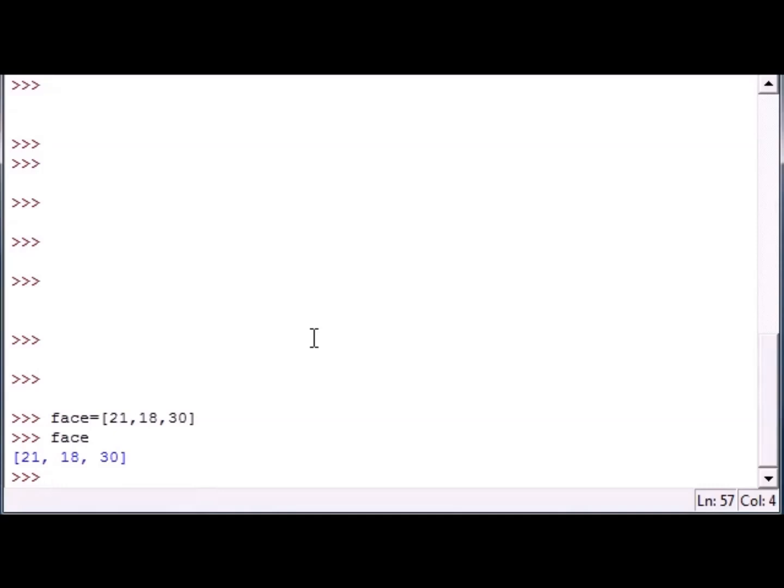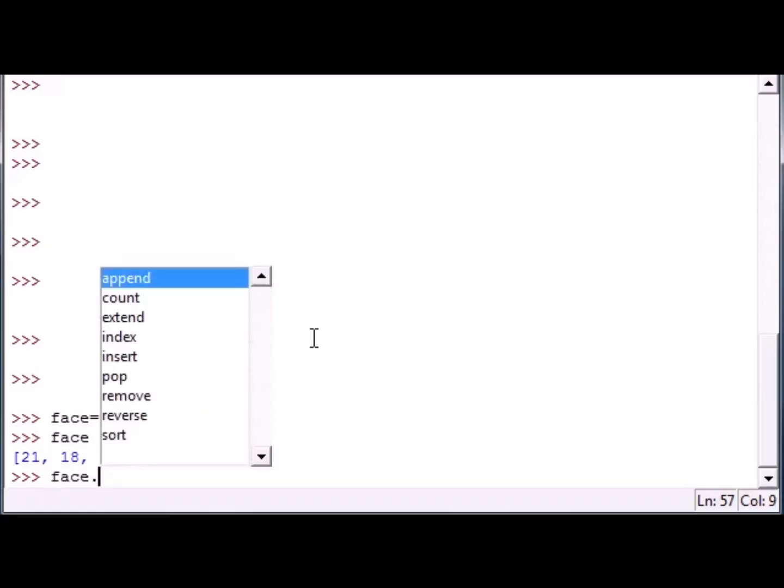Next, let me show you guys how to use methods. Now a method is pretty much a built-in function, so you got to know what each one of them does just by the name of them. The first one I'm going to talk to you guys about is something called append, and what append means is add on to the end of. So say we want to add an element onto the end of face. Again, first you type the object, which is face, because face is a list, and now see, it already knows